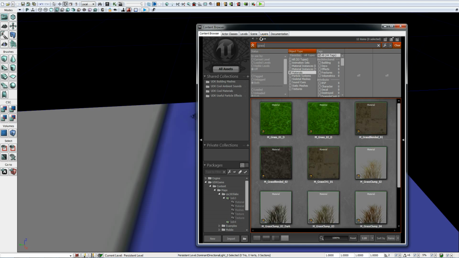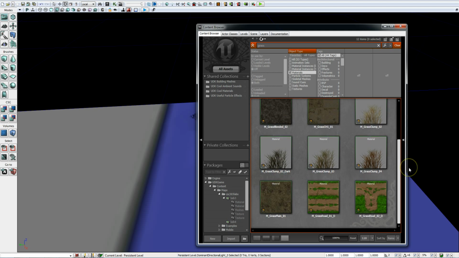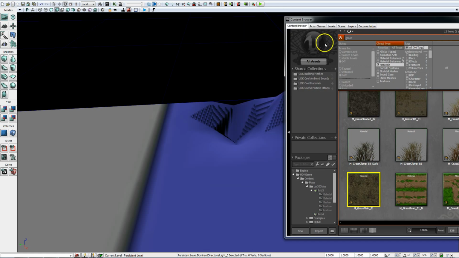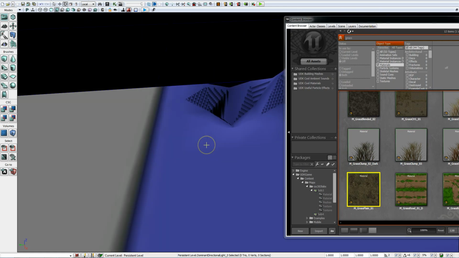And so there's a lot of different kinds of grass textures here. We'll go ahead and choose this M grass plane, and we'll want it to be selected here in our content browser. And now back to our terrain over here, I'll hit Shift 3,